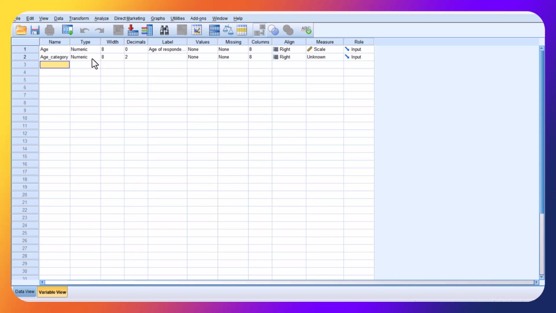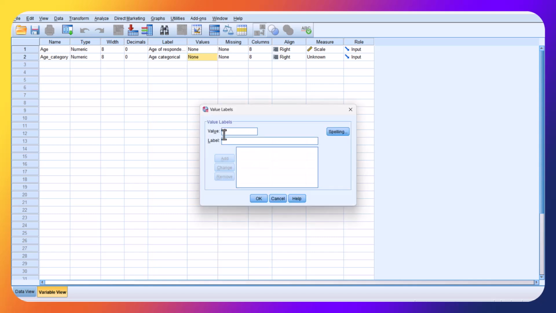Since it's a numeric data type for categorical data, it's more like we are mapping it. We are mapping numbers to some specific characters or factors of age. When we get to these particular values, I'm going to let us know what I actually mean. So we can name this one, okay, it's going to be 0 decimals as well. So age categorical, right? So value is going to be 1 for 0 to 15 years of age,